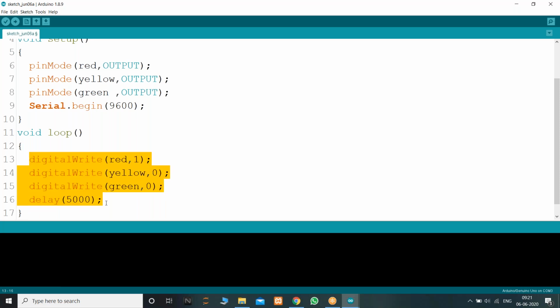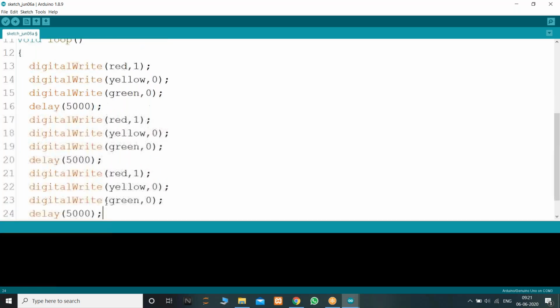And I want to repeat this same. Control C, Control V. There are 3 conditions for me. If the red is turned on, I'm waiting for 5 seconds. Then I'm turning off red and making yellow turn on. So yellow turns on for 2 seconds. I'm just changing the delay to 2 seconds, and then I'm turning on this green for 10 seconds. Am I clear with this?